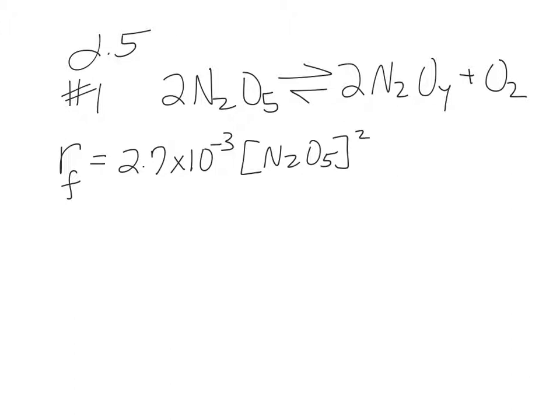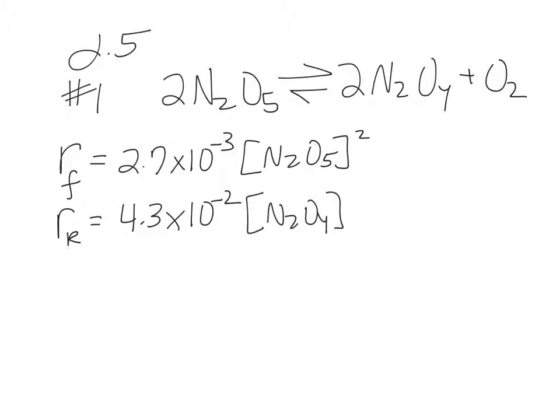And it also gives us that the rate in the reverse is equal to 4.3 times 10 to the minus 2, and that's going to be N2O4 squared times O2. Now, how do you know that they're squared? I mean, I know these are given, but